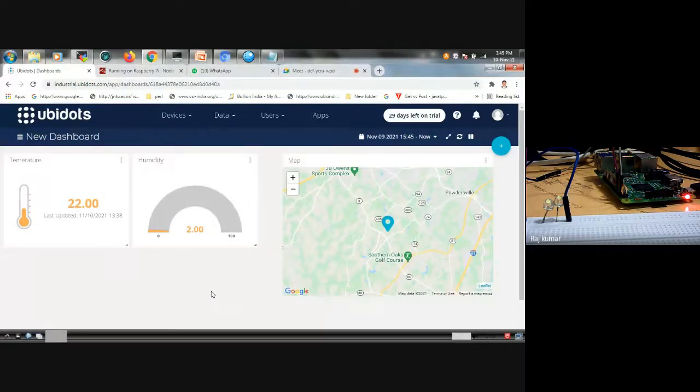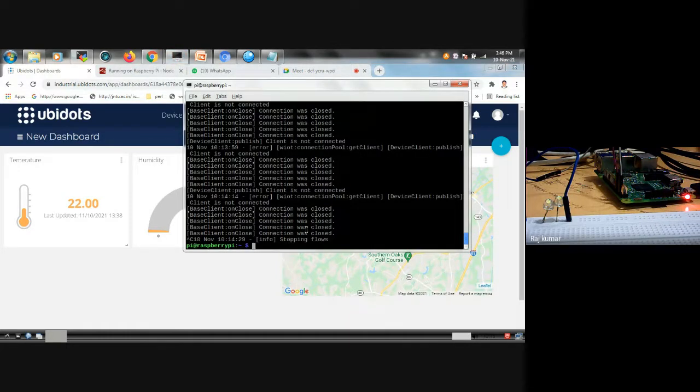What I'm doing is generating random values for temperature, humidity, and latitude and longitude for this map. Using that, I'm going to show you a live connection with the cloud.